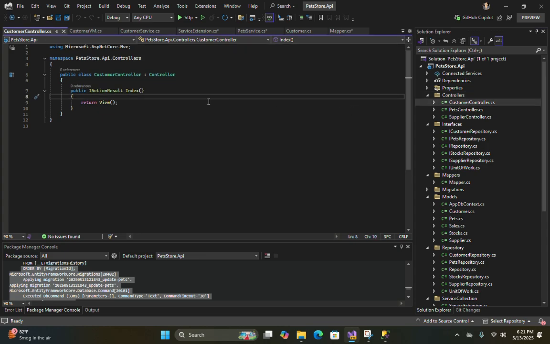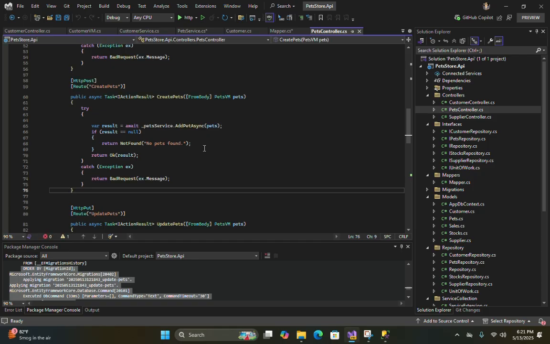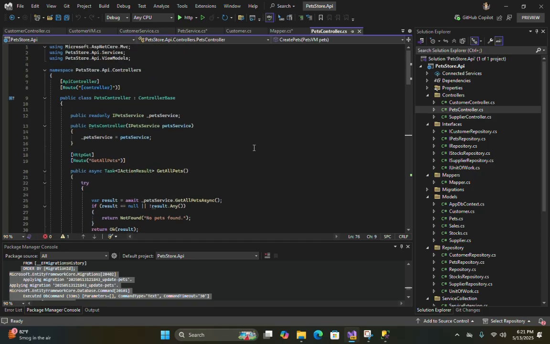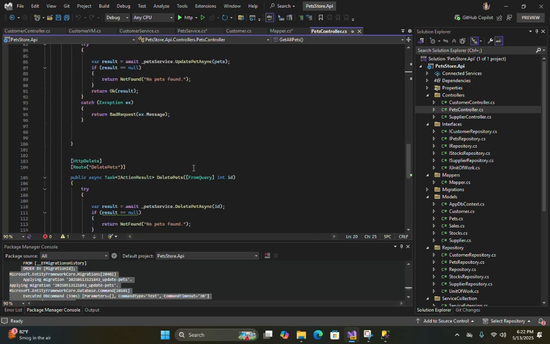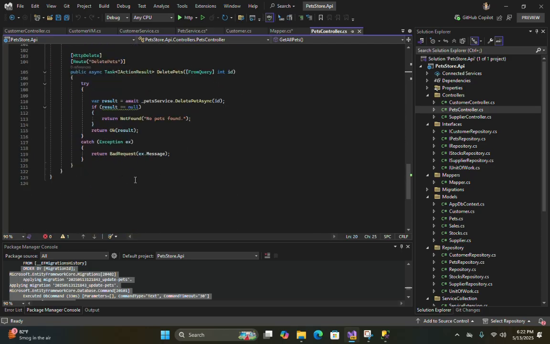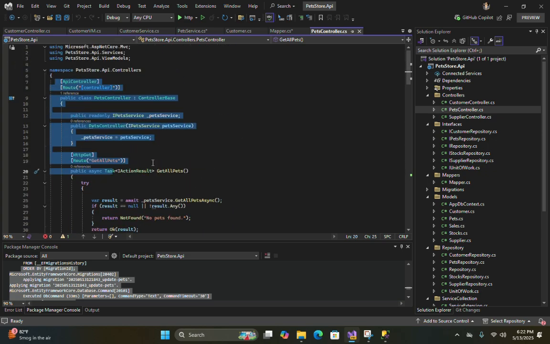Everything is repeated, we are doing a repeated job. Let's copy it all and replace all pets with customer, so that everything will be the same.